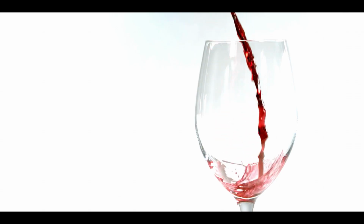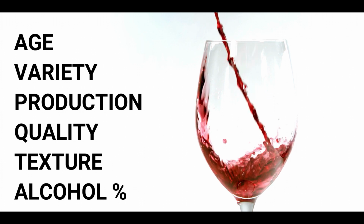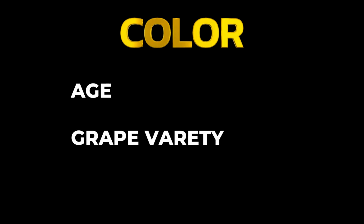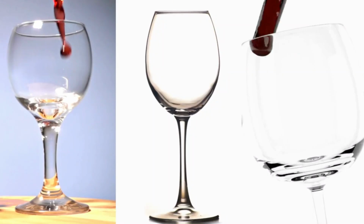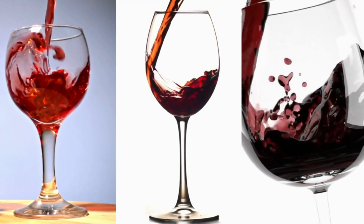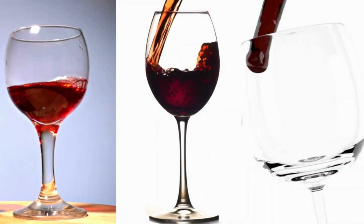These visual characteristics can reveal valuable information about the wine's age, grape variety, production methods, quality, texture, and even alcohol content. Let's start with the color. The color of the wine can provide clues about its age and grape variety. For example, younger red wines tend to have a vibrant purplish hue, while older red wines tend to show more